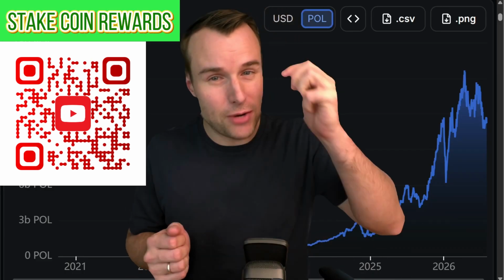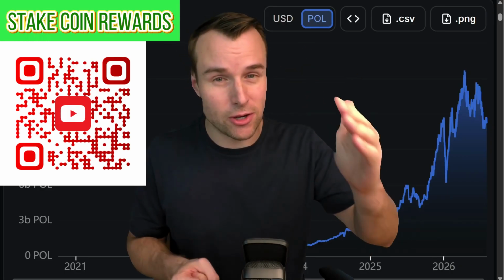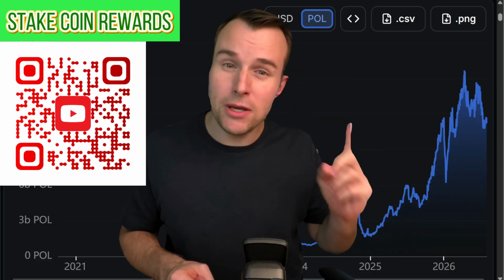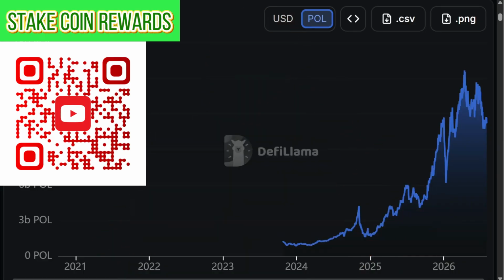For example, if there are just a few stablecoins on the network and the price of POL versus those stablecoins is going down, then measured in POL, the total value locked is going up. So this is not the cleanest of metrics. However,